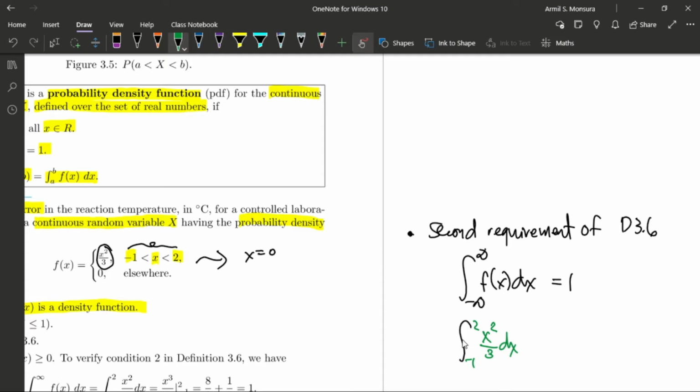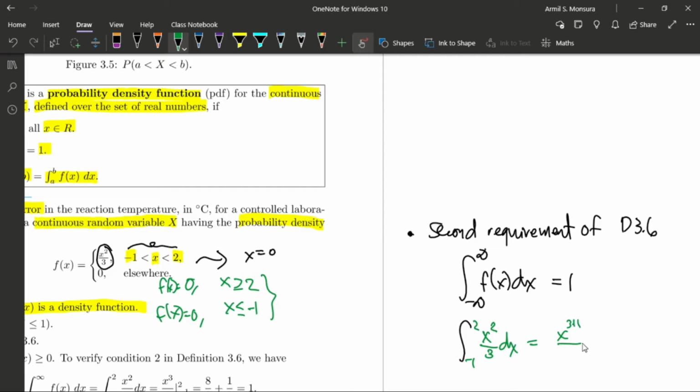Okay. Outside this limits, or outside this interval, that is for x greater than or equal to 2, and x less than or equal to negative 1, in this interval, your f of x is 0. So ibig sabihin, yung integral, wala siyang iaambag dun sa integral na to. Okay, so we simply evaluate the integral on this interval. Okay, so evaluating this integral, we will have